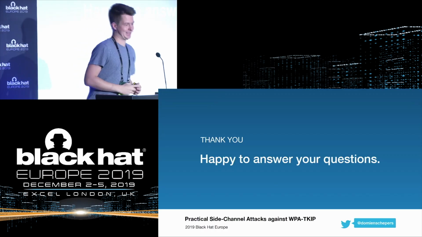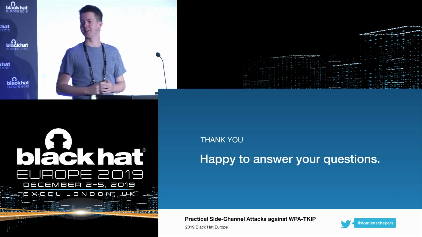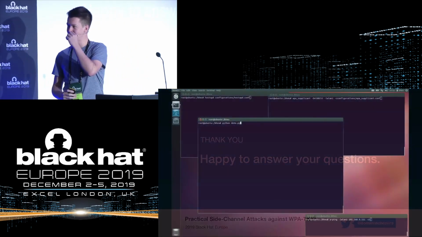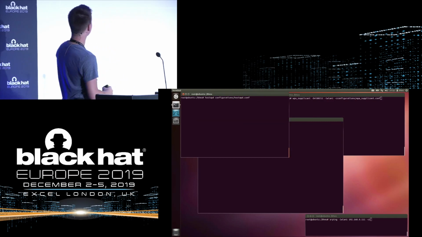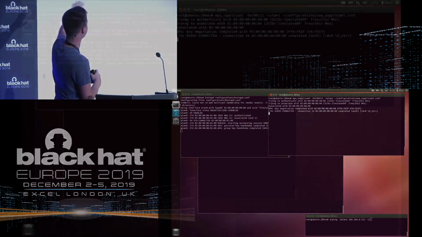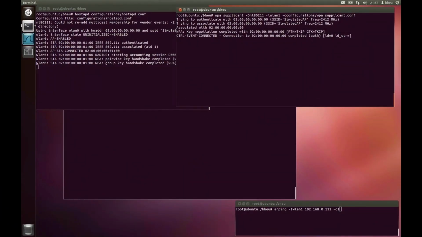So thank you. I also had a video of the demonstration, if we're able to show this. So we saw the Wireshark dump, and this is the demonstration that happened today. On the left, we started an access point. On the right, we started a client. So now there is a connection set up between this client and network, and as an adversary, we can now try to capture a TKIP frame, which will then be decrypted.